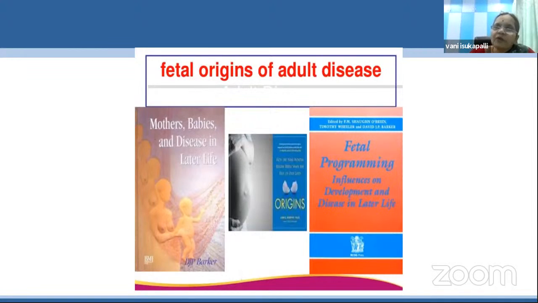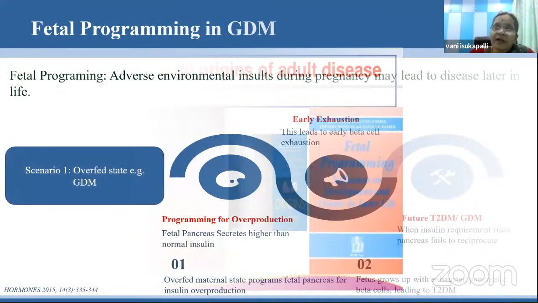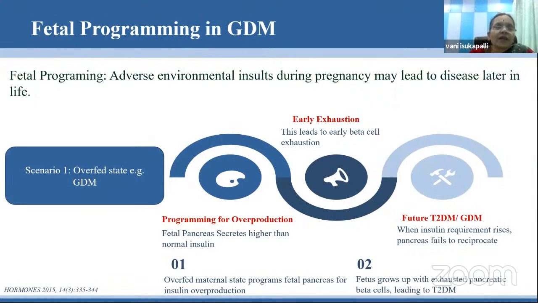The other important thing I would like to mention, it is not very new, but a concept called fetal origin of adult disease, FOAD. So the disease of the adult is programmed in the intrauterine life itself. So this theory was quite old, but now gaining more importance. So this has to be learned at this juncture. So this fetal programming happens in utero itself.